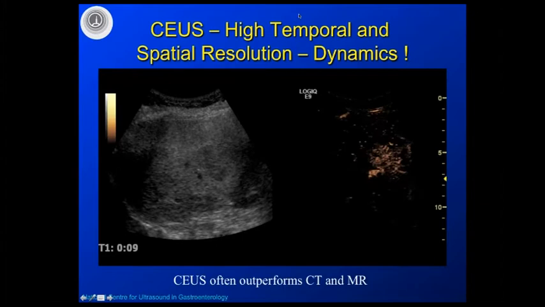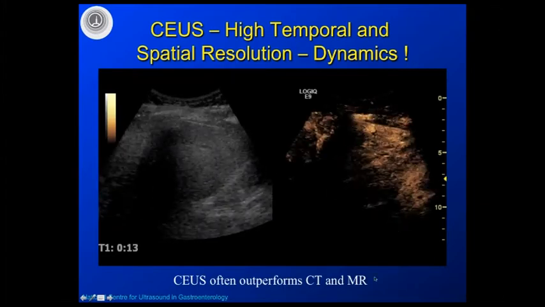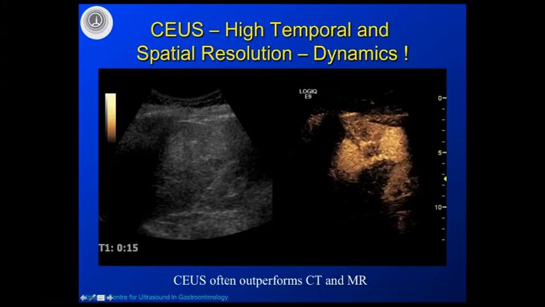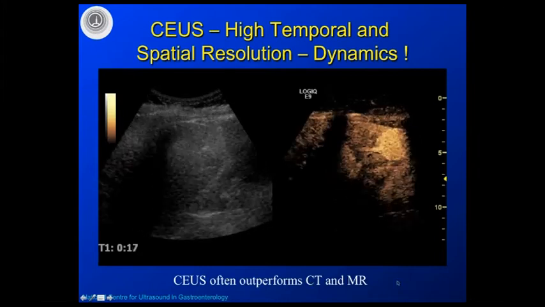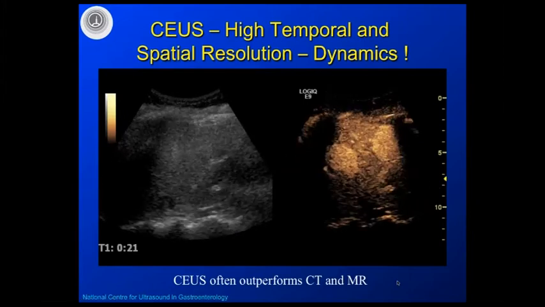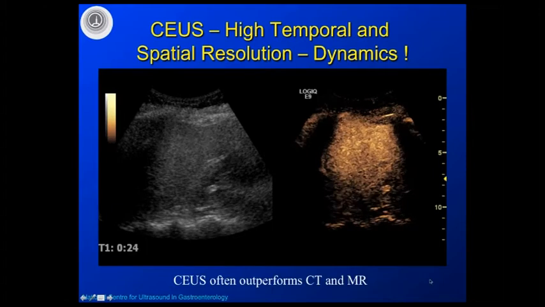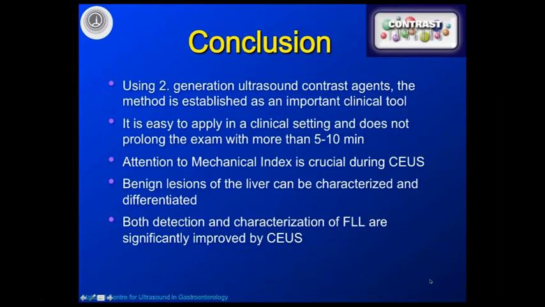And just to remind you also that CEUS is a fantastic tool. It often outperforms CT and MRI in many cases, due to its high temporal resolution and very good spatial resolution. And using second-generation ultrasound, the method is really established now as an important clinical tool in many cases. It's easy to apply in a clinical setting, and it does not prolong the examination time by more than 5